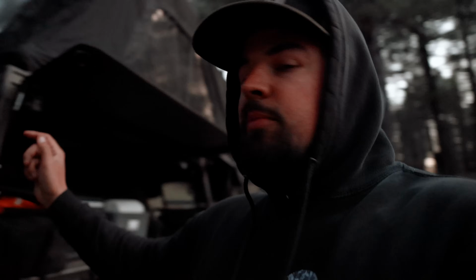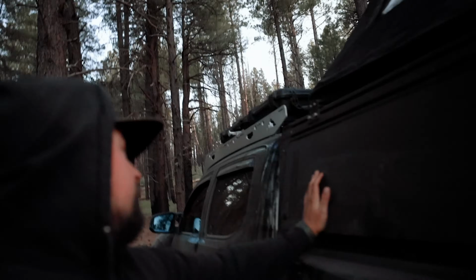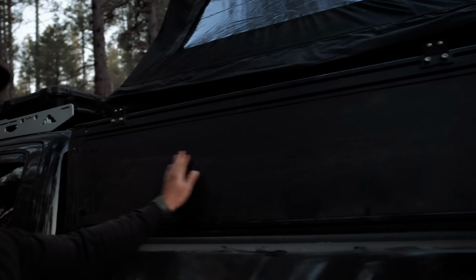So mine is 17 inches. This is not the production model. Production is probably gonna be around 16 inches or so, so it'll be an inch shorter, but it's got obviously gas struts. You've got MOLLE panels underneath the doors here. It's a little dark, you guys can't see. Fully enclosed. And the nice thing about this topper as well is you'll be able to have a bar across